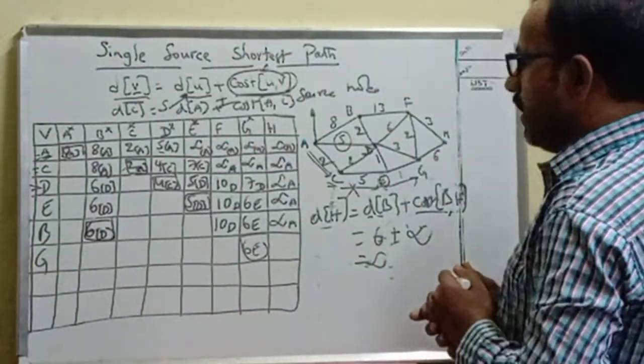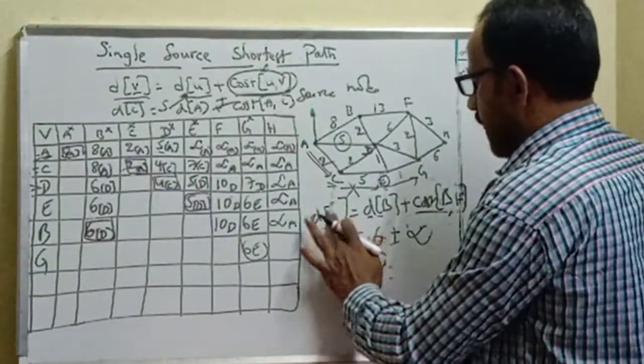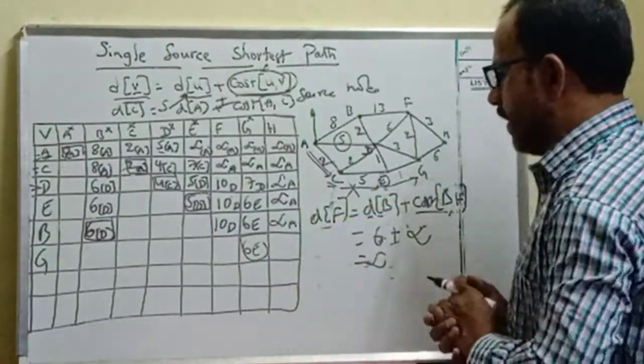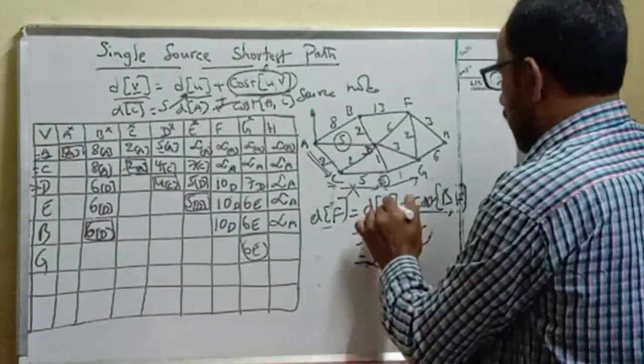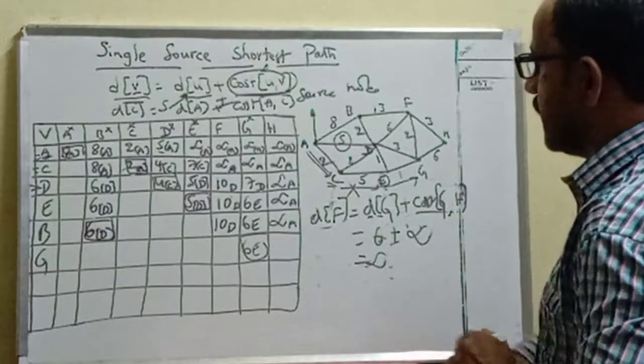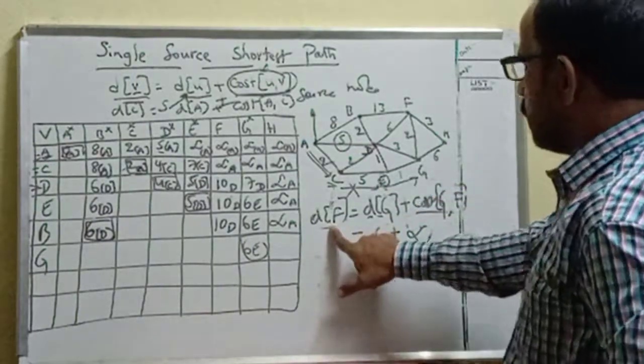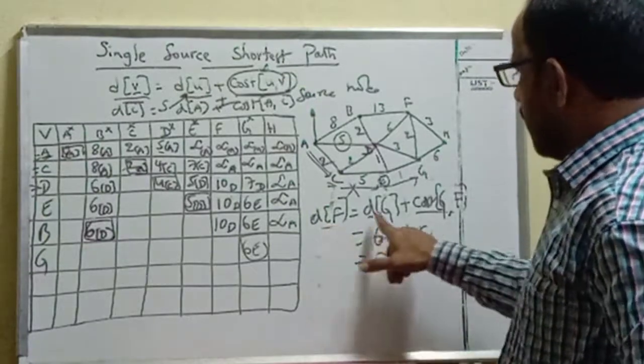Then we are going to calculate only F and H, because all the remaining nodes are selected as intermediate nodes now. The intermediate node now is G. Now replace B with G. Now calculate the shortest distance from the source node to F by considering G as the intermediate node.